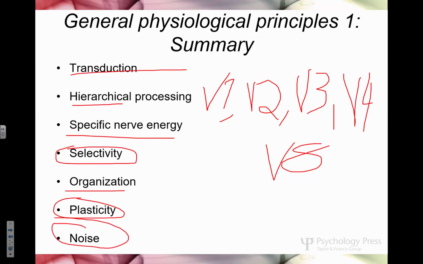The other thing I want to talk about briefly is noise. This is important. When I talk about noise in this class, I don't mean useless sound. That's not what I mean with noise. I'm talking signal to noise ratios. So, if I look at a red apple, the signal is that red apple, right? The signal is those cells getting excited by that red apple. Now, there are some other cells that are going to randomly, accidentally get excited, right? And that happens. There's always some baseline activity, even in your visual system. If you have no visual input at all, your cells are going to randomly fire sometimes, right? In your visual system. It happens. That's called noise.